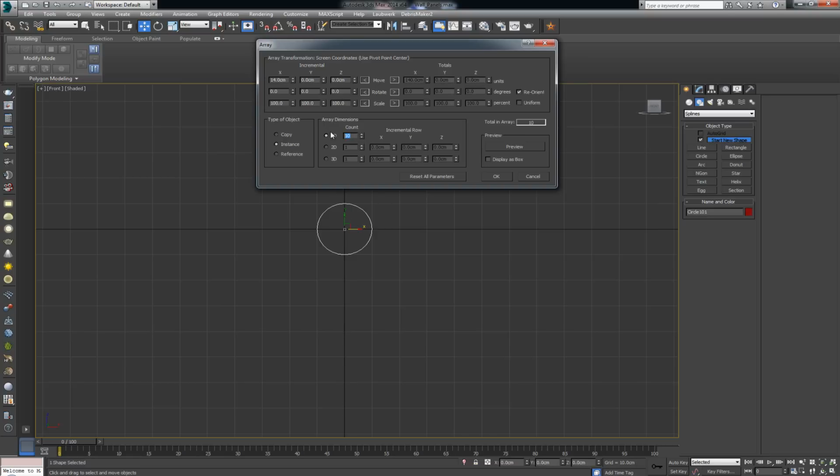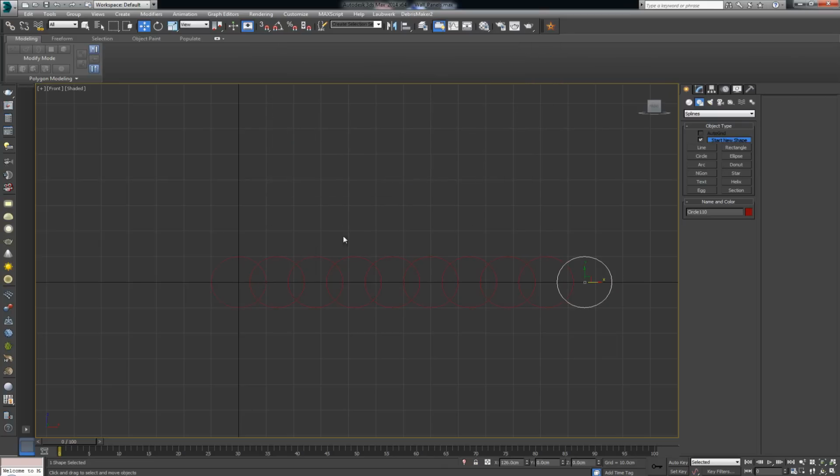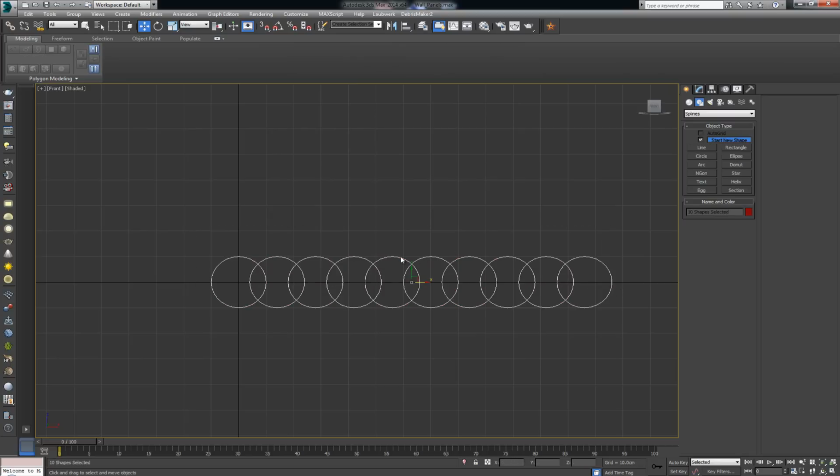Let's go with, for now, 5 and preview. Okay, maybe 10. Preview. Awesome. Make sure you leave it as an instance, so whatever we do to the first one is going to translate to the second one, or the copies from this one. So click OK. Now select all of these